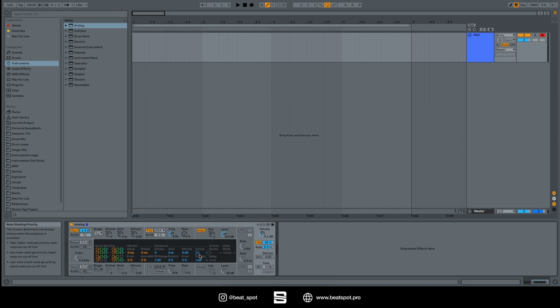If we press multiple notes at the same time, the number of voices increases for each note that we are pressing. So when it comes to the maximum number,